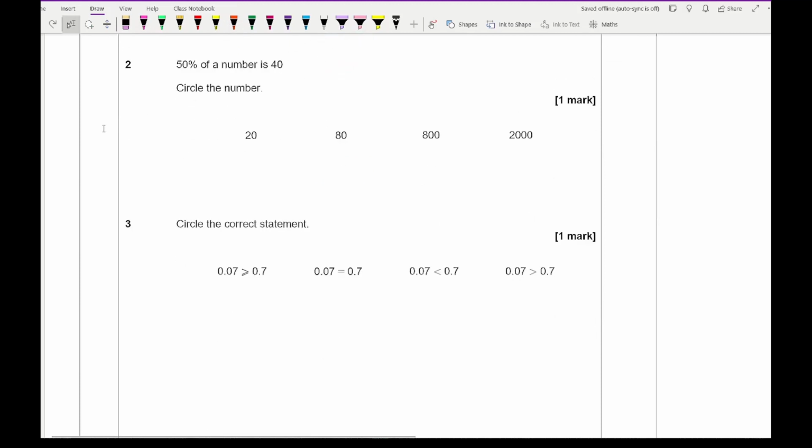Question 2 says 50% of a number is 40, circle the number. Well, if 50% is 40, then the number is going to be double 40, which is 80. And it says circle the correct statement, so which of these is true? Now remember, the inequality always points at the smaller number, and so